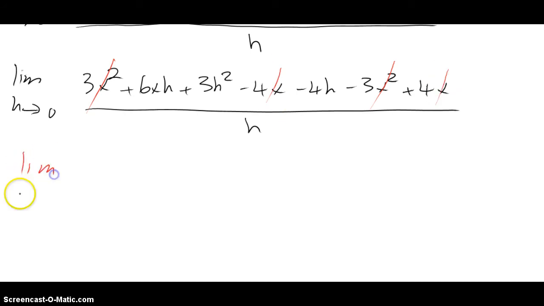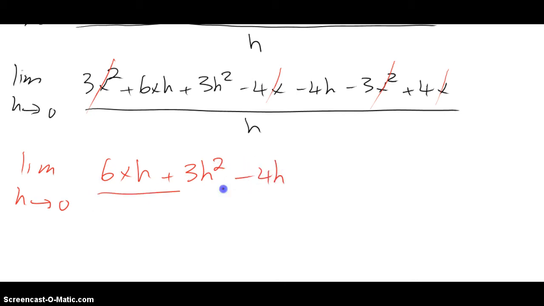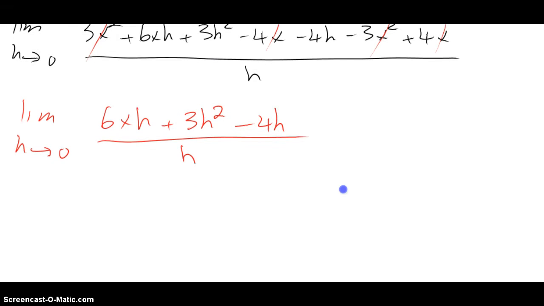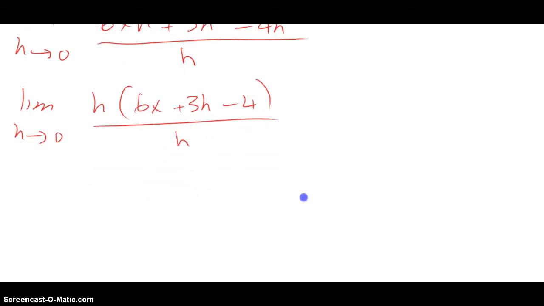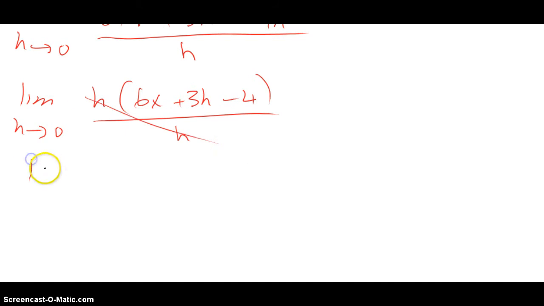So now we're left with the limit as h goes to 0 of 6xh plus 3h squared minus 4h all over h. And of course there is an h in every term, so that is the vital part now, is that we can factor out an h in the top, and we're left with 6x plus 3h minus 4 all over h. Of course the h's divide out, and we're left with the limit as h goes to 0